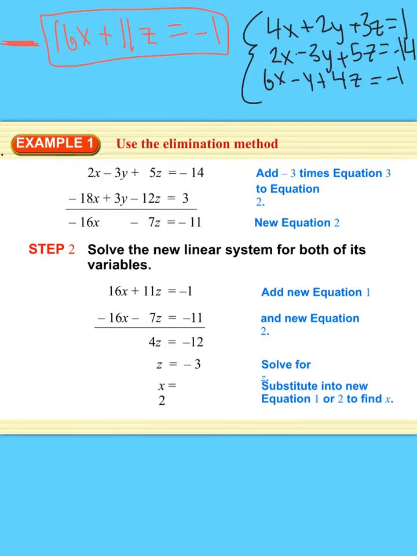We eliminated the y, so we need to eliminate the y in another equation. So now looking at my originals, I'm going to use the second equation and the third equation, and I'm going to eliminate my y. So I need to multiply the third equation by 3,